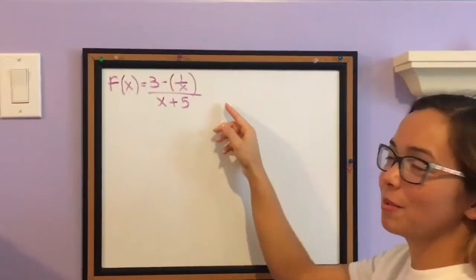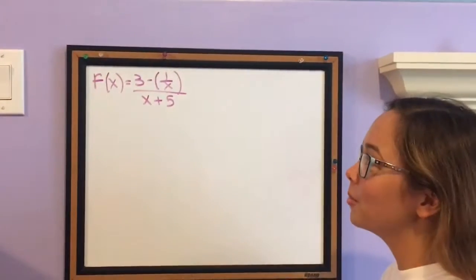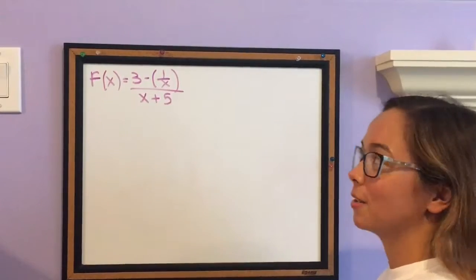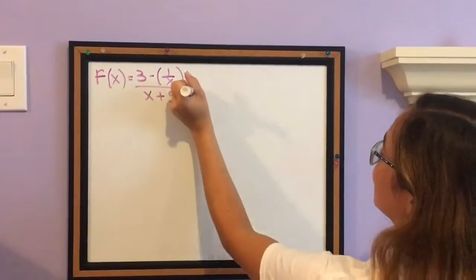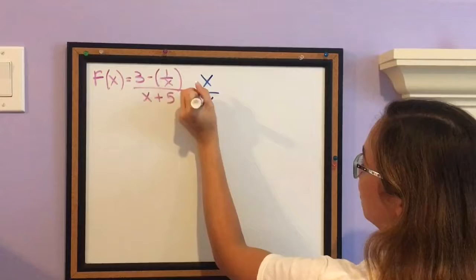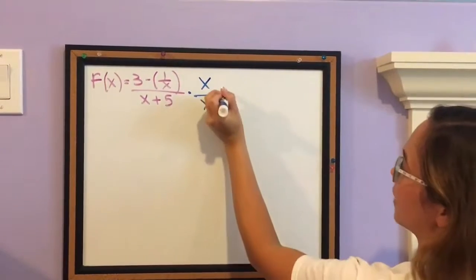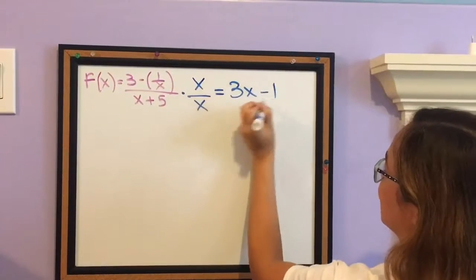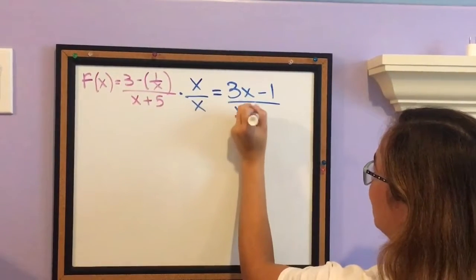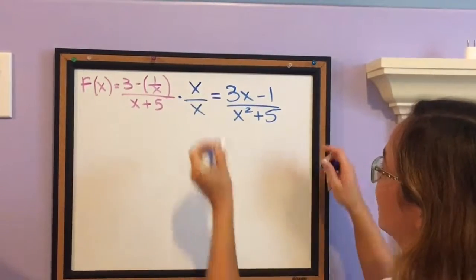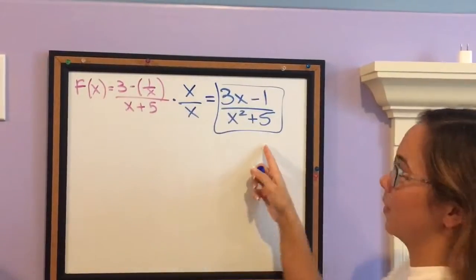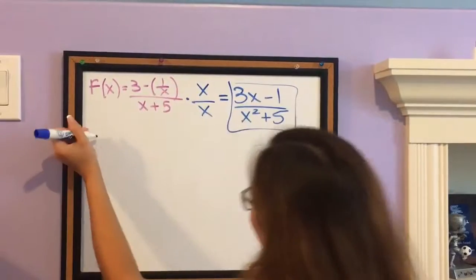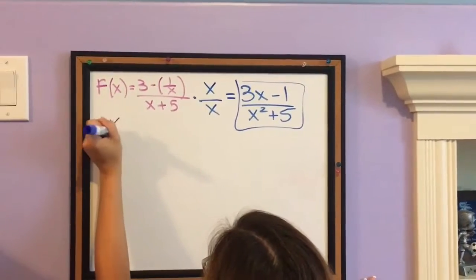Okay, so this is the third problem, and it's a tangent line problem. And one of the first things you want to do is simplify it so it's easier to put into the quotient rule. What you're going to do is multiply this by a special 1, and that's just x over x. So it simplifies down to 3x minus 1 over x squared plus 5. And then this is what you can use to put into the quotient rule formula. And then when you do that, it'll equal